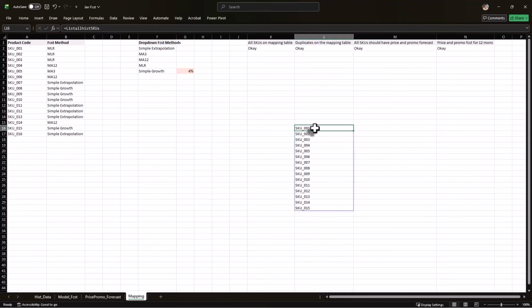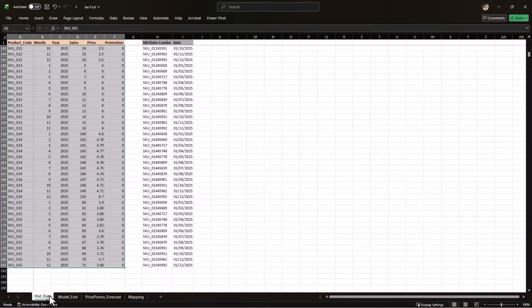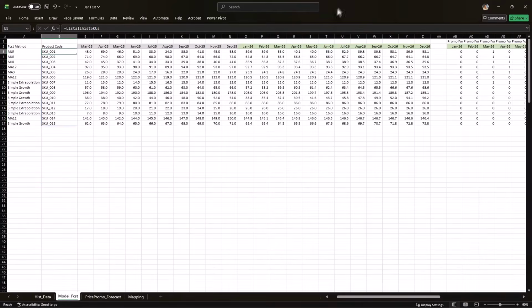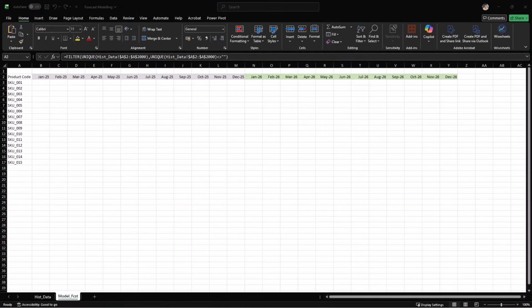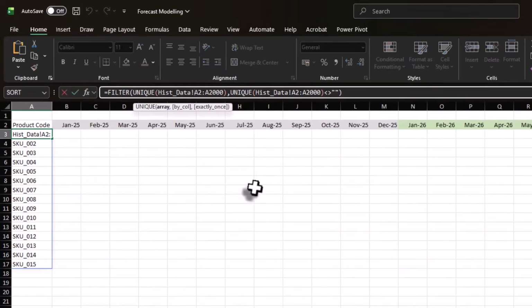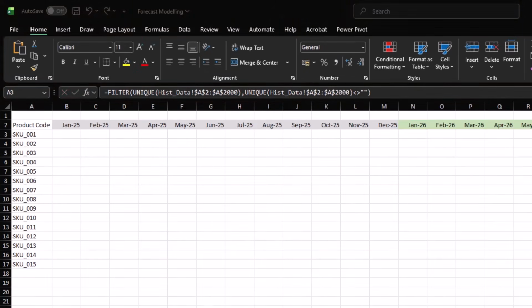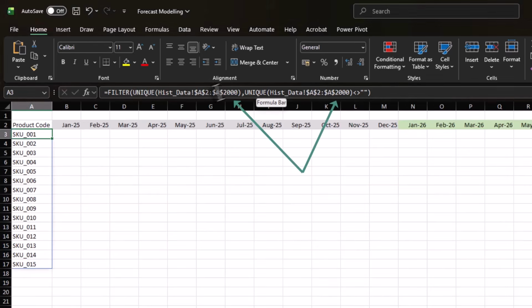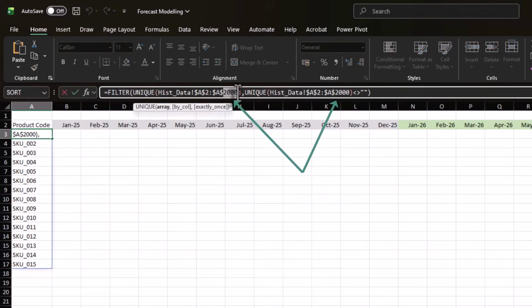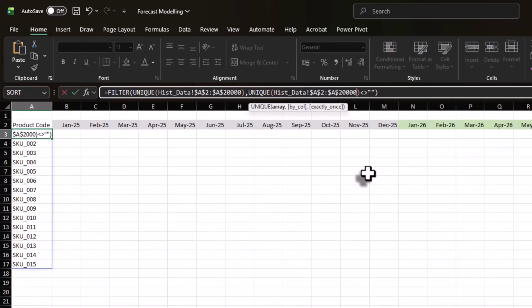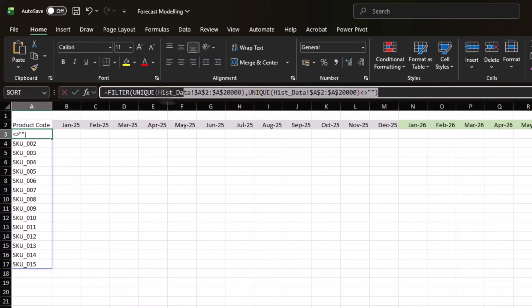Let's see how we can do that. First of all, I will freeze the cell references in the formula that we created in the last lesson. I can also increase the range of the formula. For now, we kept it to 2000 rows, but just for the safe side, in case in future we have more SQs in our model, I will increase the range to 20,000 rows. Now I'm going to copy this entire formula,